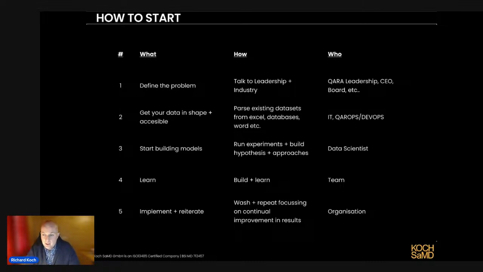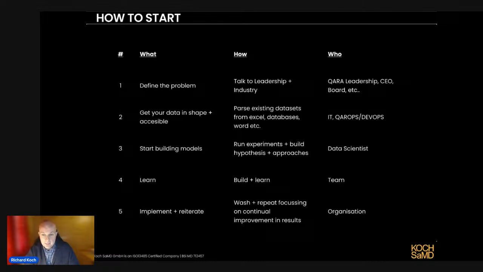And you need these data scientists to work with your leaders, with your IT people, etc., to start diving into it. That's a pretty interesting skill set, because these people are generally very good mathematicians, statisticians, and very good coders as well. They can really help to bring things together, provide the analytical insight and the automation needed. Once you get something out of that, you're going to waste a bit of time, go through some dead ends, but eventually, something's going to turn up in your data. You learn something, so build something and just keep learning. Oh, I learned that, that's interesting. Play around with it, change something, see how that affects the model. Just go through these iterations.